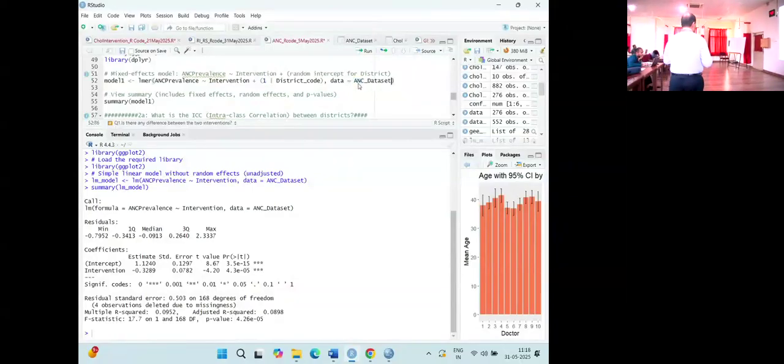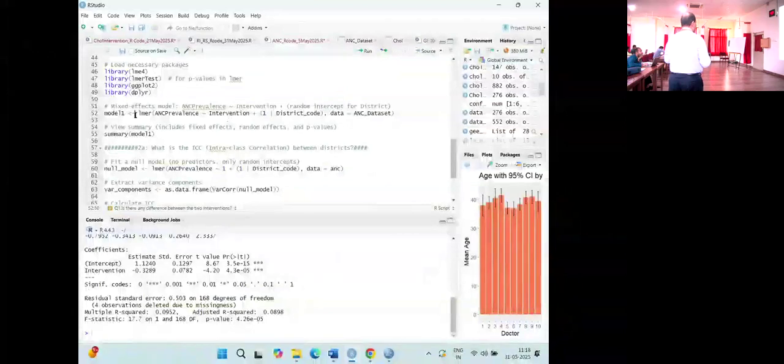Now the next question is, you allow the districts to vary. That is a random intercept model. Do you have the code for random intercept? Where is it? Wait. You explain each piece. So remember the delta 1 I said, that is one given district code. That is a code intervention. This model, you do this